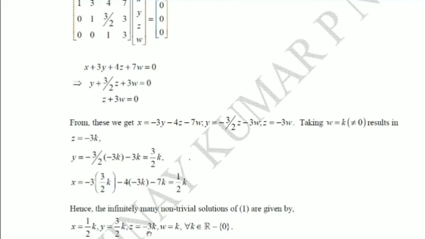Now in all of them, you take out k. So simply you will get half, 3 by 2, minus 3, 1. That is your linearly independent vector multiplied by k. So you can give infinitely many values of R to k. So you will get infinitely many non-trivial solutions. So in this fashion, you can find the solution of the system of linear homogeneous equations.